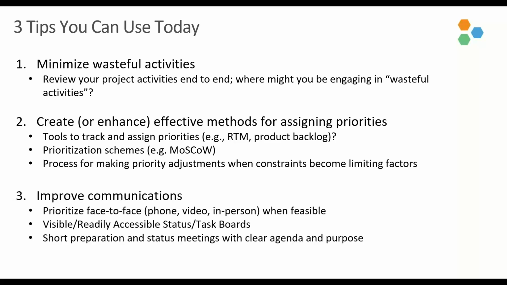And then the third tip is improving communications, right? This is something we could all benefit from. Prioritizing face-to-face is something that is really done in agile projects. That's part of the manifesto, is build as much as we can, work face-to-face where it's feasible, even if we're not co-located and located in the same physical location. Face-to-face meaning when we can talk like this, even if it's a video conference, but face-to-face where it makes sense